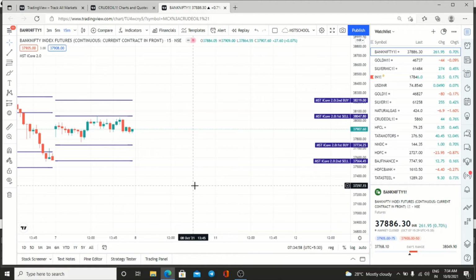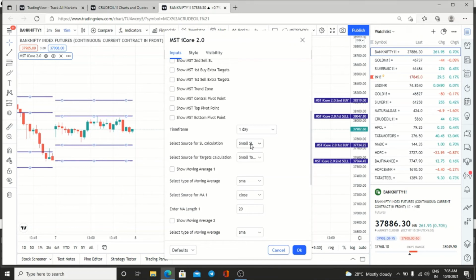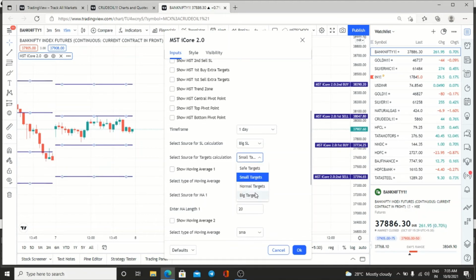So why are we telling this? Why have you been given this different type of SL? When the first entry is given, you can keep it in small SL. If the market is very volatile, then the small SL will not be enough. That day you have to change to normal SL or big SL. Similarly, when you are trading nowadays, naturally there is more volatility, the small SL will not be enough. So for that you have to change to big SL, and the target also should be big, so that the volatility can be matched and managed. Otherwise, in volatility, we will lose our money.